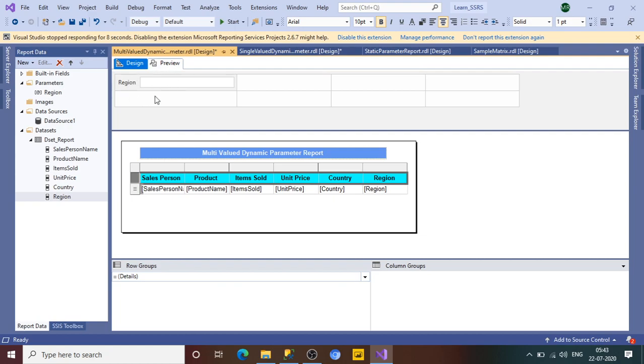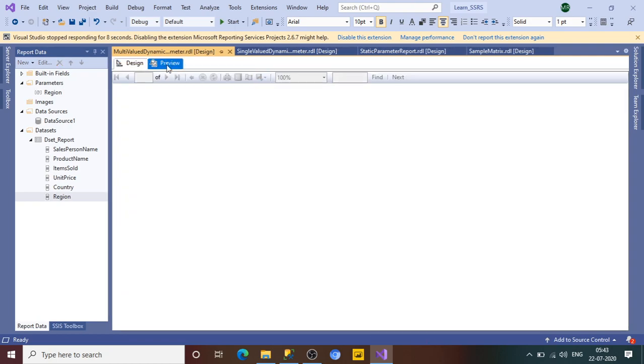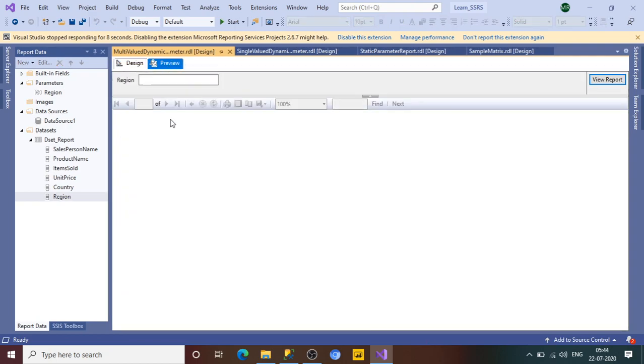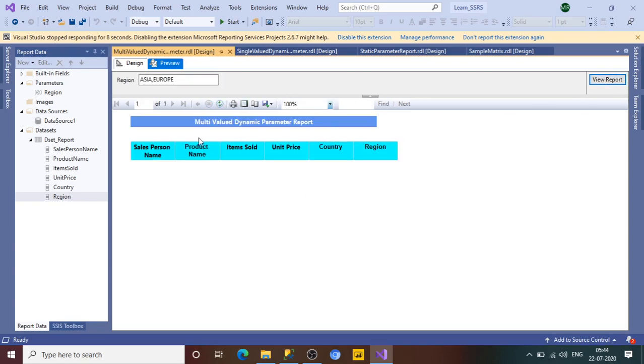Now what we need to do, now this is the static value, and go to the preview here. Just see what will happen if we will not make it, so nothing is appearing here. So that means as we have made the query with the where in clause, we need to pass two values here, right? So Asia comma Europe, and try to execute. So see, the data is not coming up. So what is the problem here? So if you click on Asia, only one record, then the record will be available. But if you try to put two values over here, so what will happen? It is not giving a record.